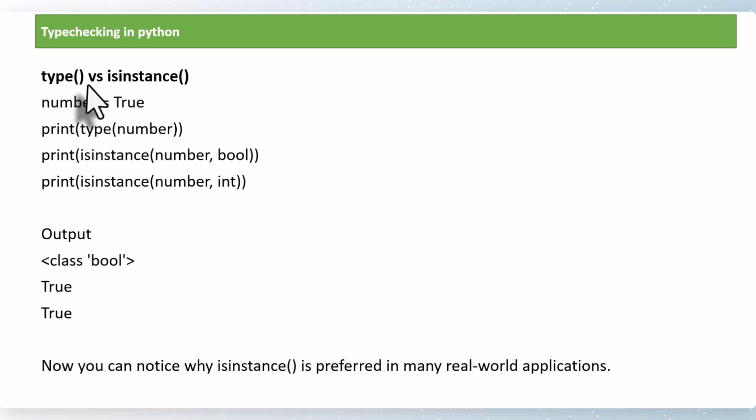And you can see the differentiation between type and isinstance. Number equal to True. If you see the type of number, it is going to print class bool. isinstance(number, bool) is going to return true. isinstance(number, int) also returns true. So now you can notice why isinstance is preferred in